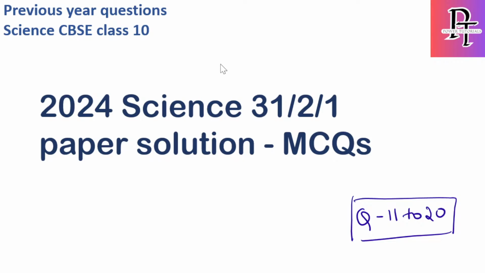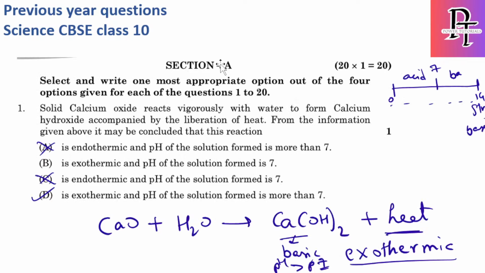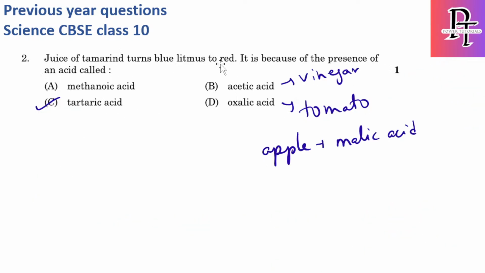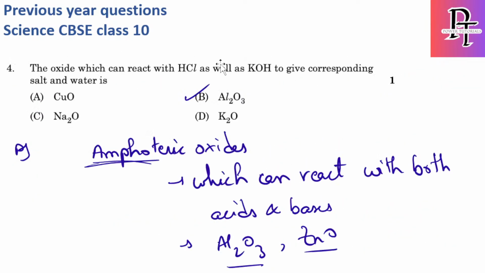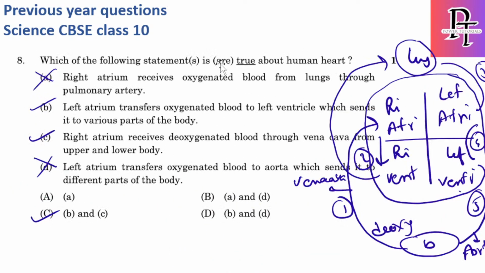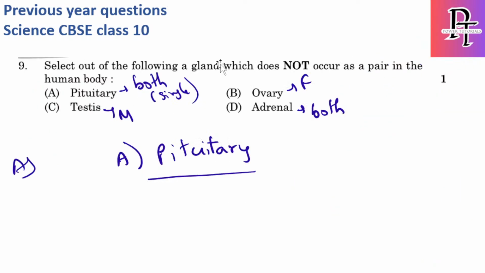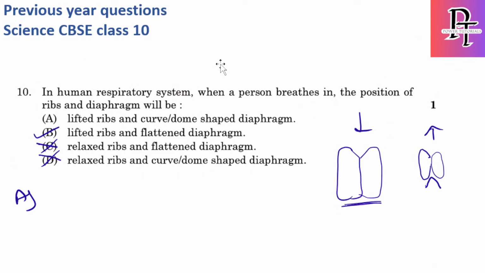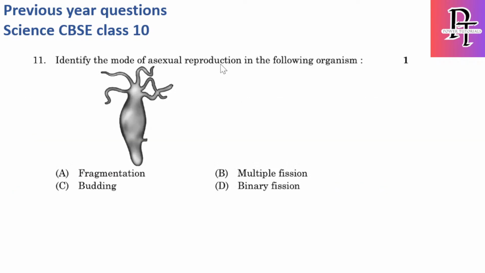So in the previous video, as I mentioned, I have covered these 10 questions of section A, first one, second one, third, fourth, fifth, sixth, seventh. In detail I have explained what is the first option, why we had to choose the second option, why B and C are correct, why A and D are not correct. I have explained that in detail in my previous video. As mentioned, I will keep the YouTube link in my description as well as in the comment section. Okay, so let's start with question number 11.